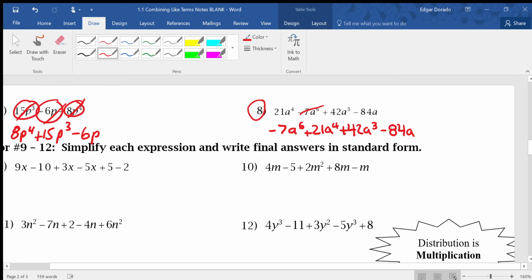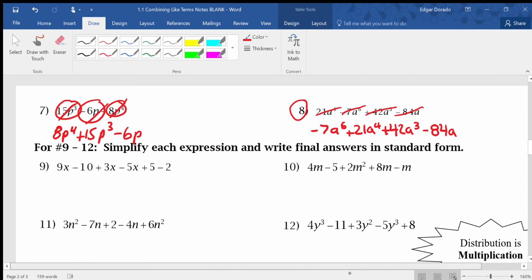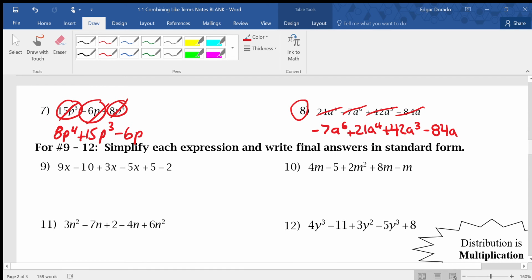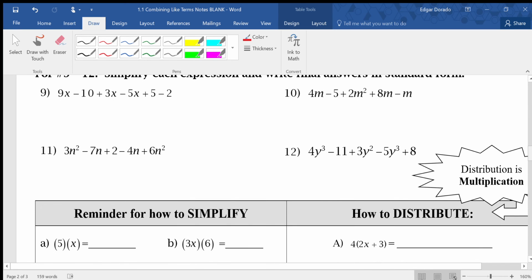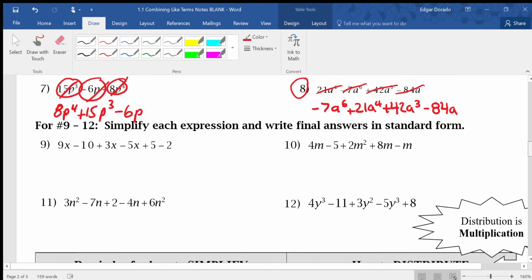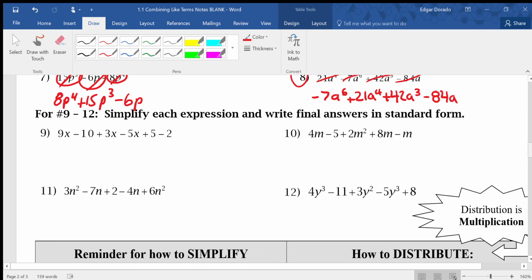The biggest exponent I see is that 6, so I got rid of that one. Next one is my positive 21a to the fourth. Next one, my positive 42a to the third, and finally that negative 84a. All right, so I think we're starting to get the hang of this. At least I hope so. I sincerely hope so. If you don't understand this, make sure you write yourself a little bit of a note onto the side so you can ask on how to solve these problems, so we can definitely help you out